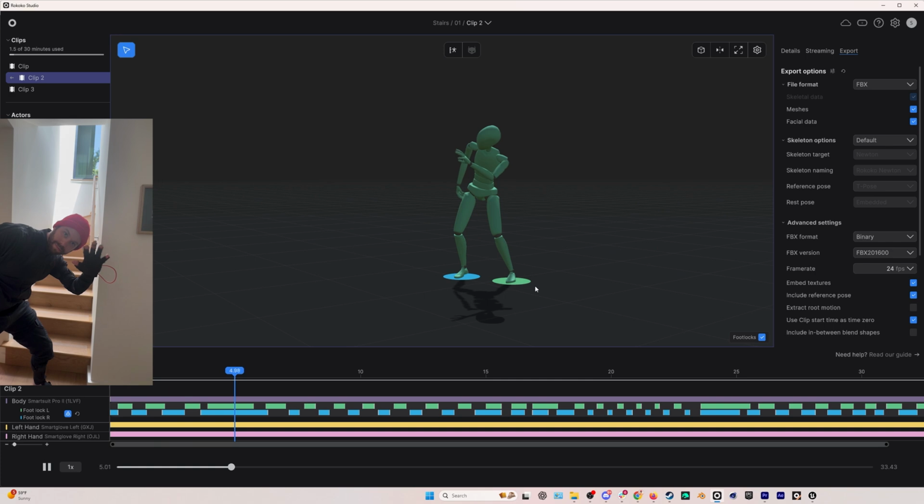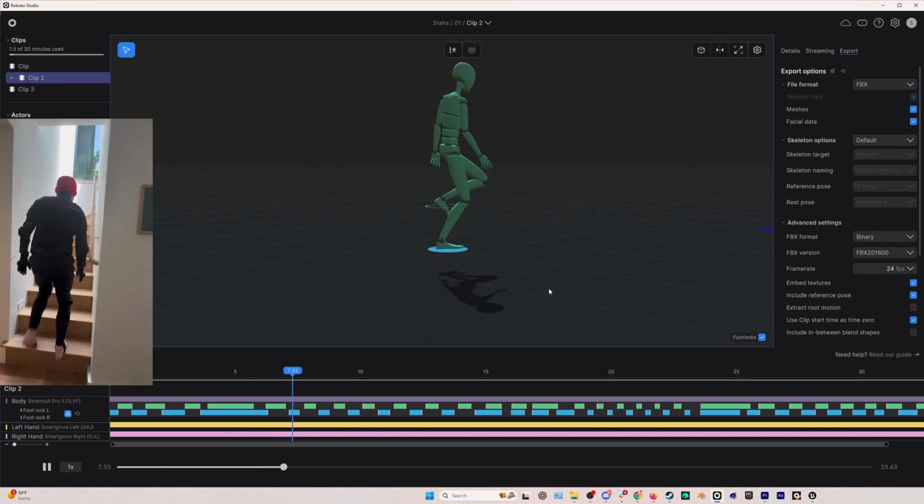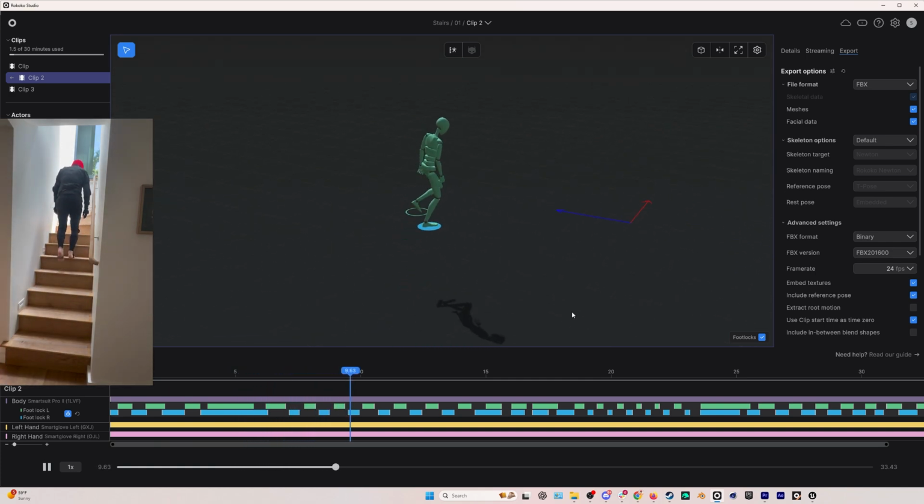Can you climb stairs using Rokoko motion capture? Yes, of course the answer is yes, otherwise this would be a very boring video. What's going on? I'm Sam, creative director for Rokoko, and in this video we're going to be walking through how